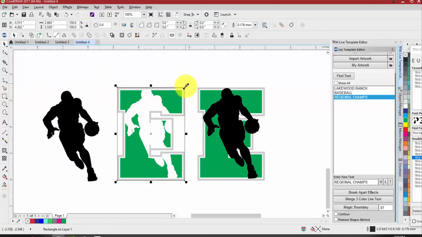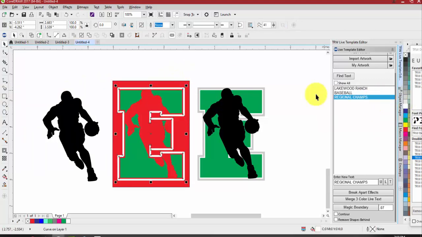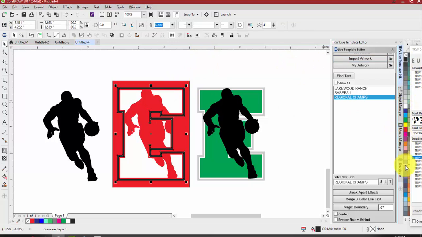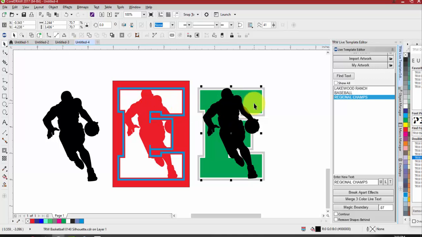you could have your design look like that. And let's say it was on a red t-shirt, that's going to be your design layout. It might look better, something like that, or a different color scheme. It doesn't look bad, but depending on the color layout, it might look a little different. But the intersect, what that does is, I'm going to do the same thing,